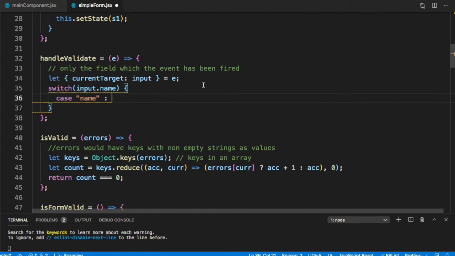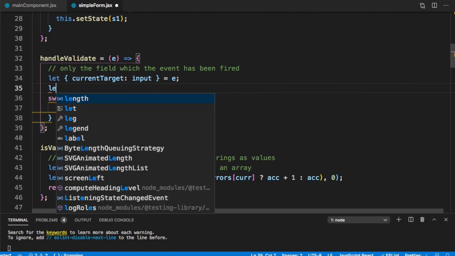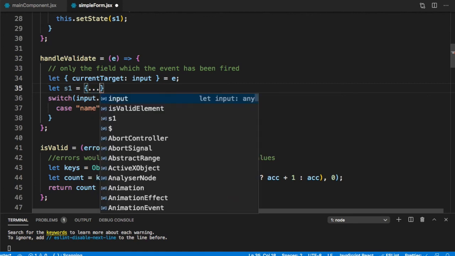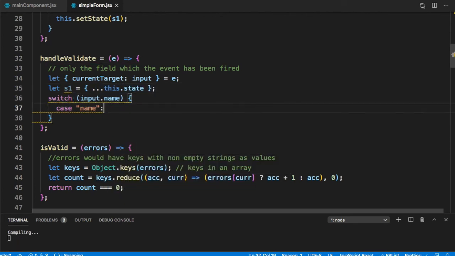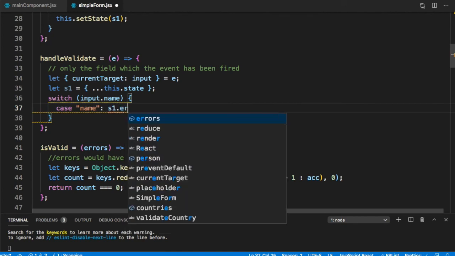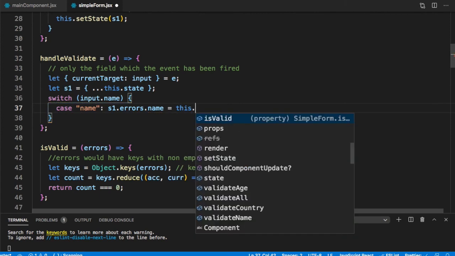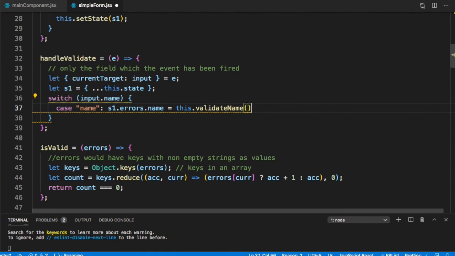So let us update our errors also. We can just say let s1 is equal to this.state. If case is equal to name, s1.errors.name is equal to this.validateName. So we will get the error here, and in a switch we need to put the break.